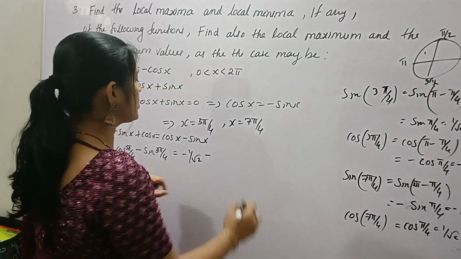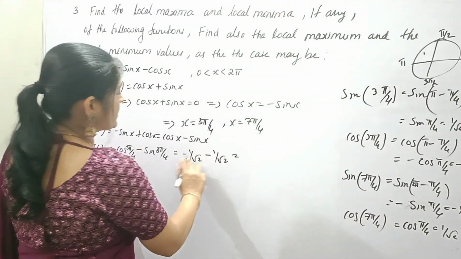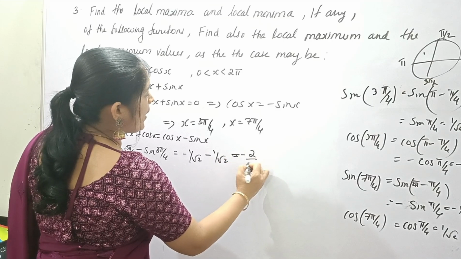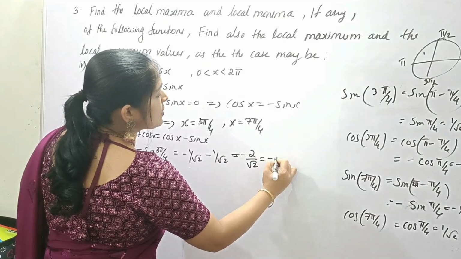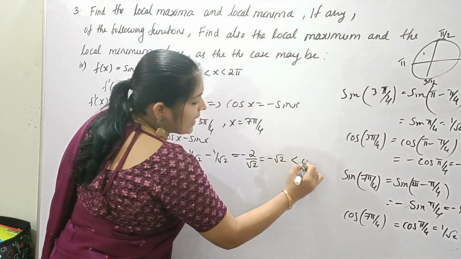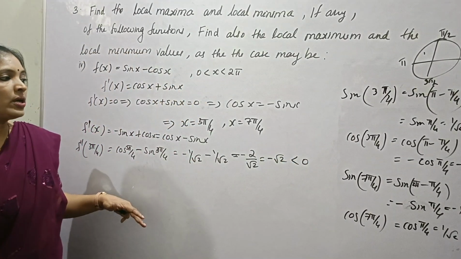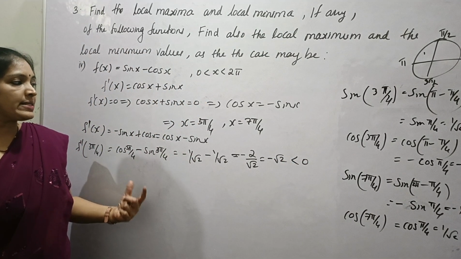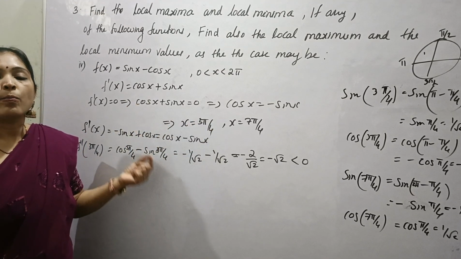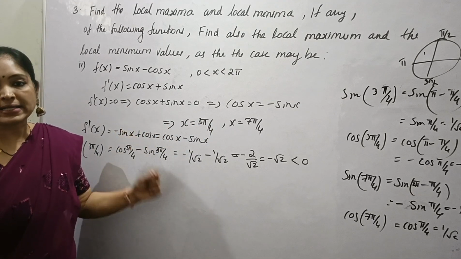Sin 3 pi by 4 is 1 by root 2. That is equal to minus 2 by root 2, that is minus root 2. Okay. Minus root 2 is less than 0. Therefore, by the second derivative test,